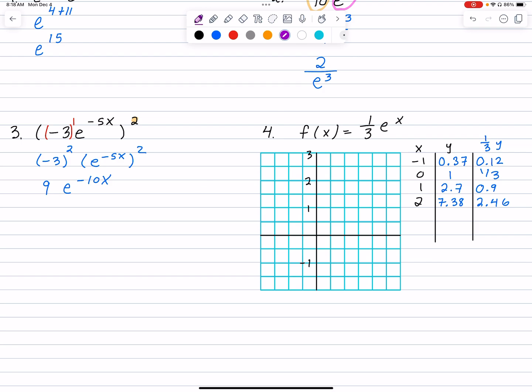I'm going to graph this in purple. So I'm going to start with the point 1 and 0.9. So 1 and 0.9, which is about here. Then I'm going to start with the point 0, 1/3. Let's do that. That's much better. 0, 1/3. Then I'm going to do the 1, 1.9, and then 2,